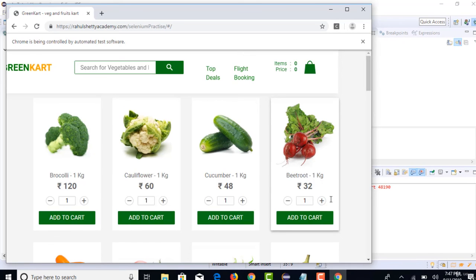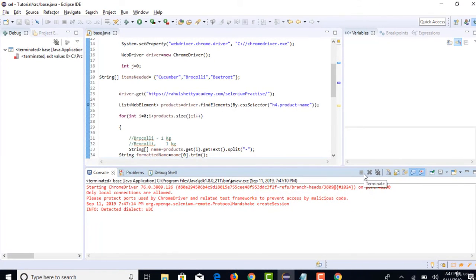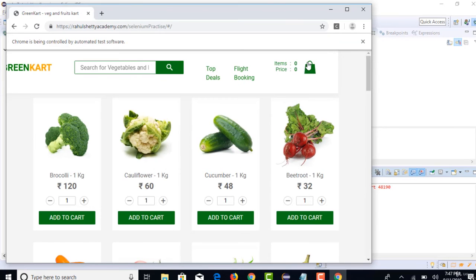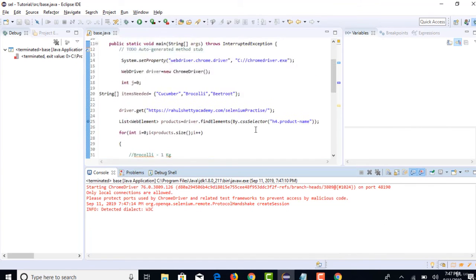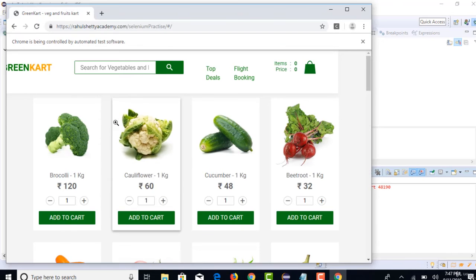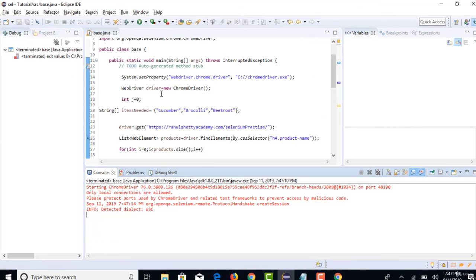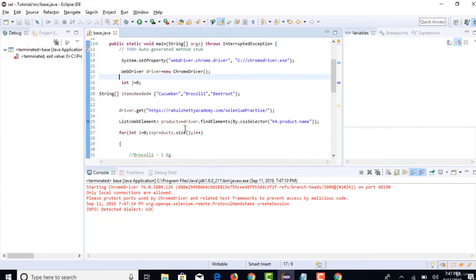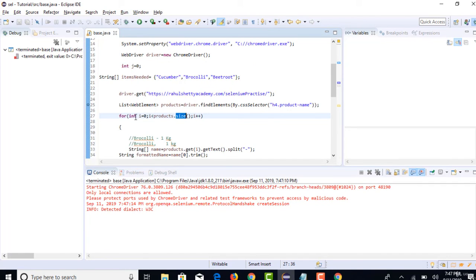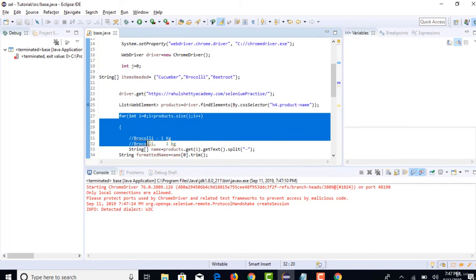But when you try directly, you see that execution is done and no product is selected. One obvious reason is that it's taking some time to load the products, but before the products loaded on the page, we were quickly checking the size of the products, which comes as 0, so it's not at all going inside the for loop.